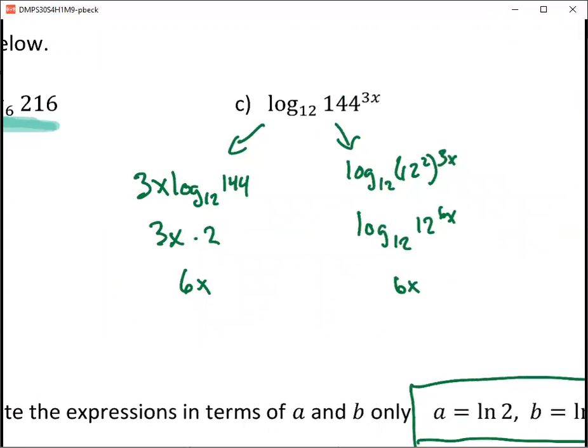With C, I did this in 2 different approaches. In fact, I had students in class who took this approach, which was great. Now log base 12 of 144 is 2 to get 6x. What we could do is turn 144 into 12 squared, multiply those together, and now these undo each other because they're the same base, and we get 6x. What I love about logarithms is that they allow us to be so flexible with how we do the math, and it's